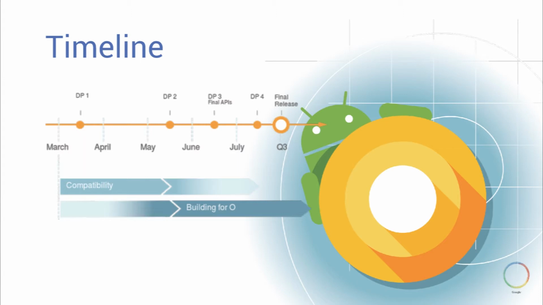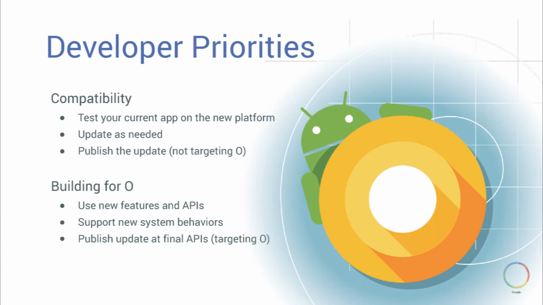As a developer, we think there are some priorities you have to pay attention to. There are two things I want to remind everyone. For Android O, the first thing you need to do is get your app tested and make it compatible with Android O. So I encourage you to start testing, either using a Nexus device or even the emulator. We have an emulator with developer preview O, and you can test your app right there to get prepared